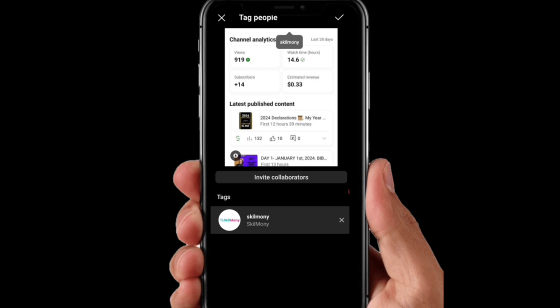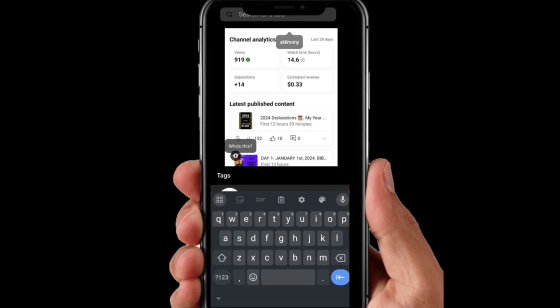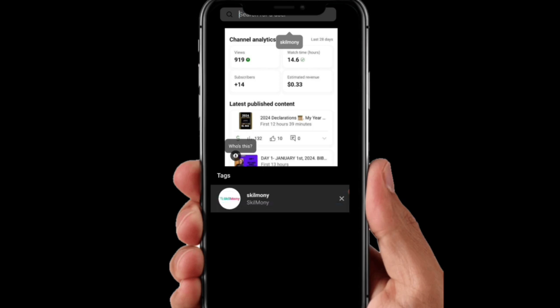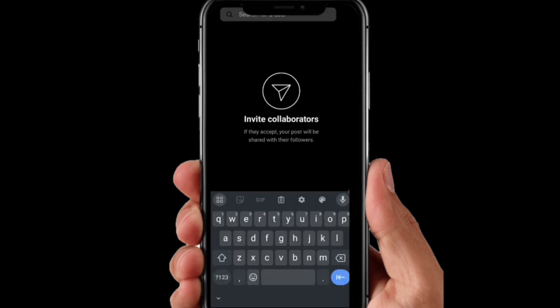Let's see if I can add more people, right? Okay, this is more of an invite. If you want to invite people to come and collaborate, if they accept, your post will be shared with their followers.